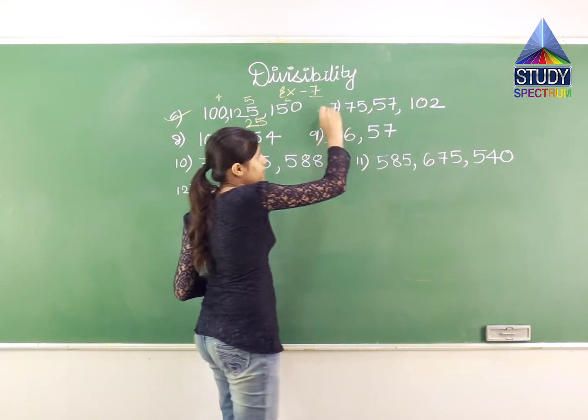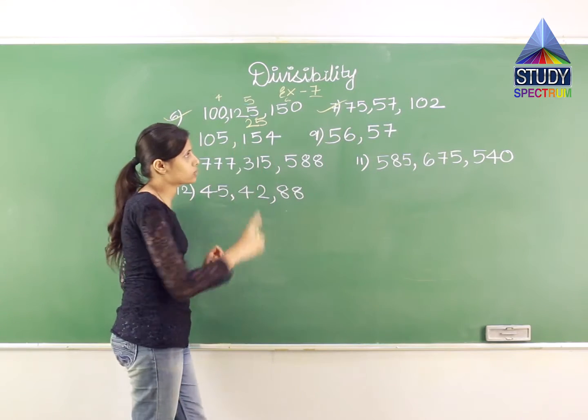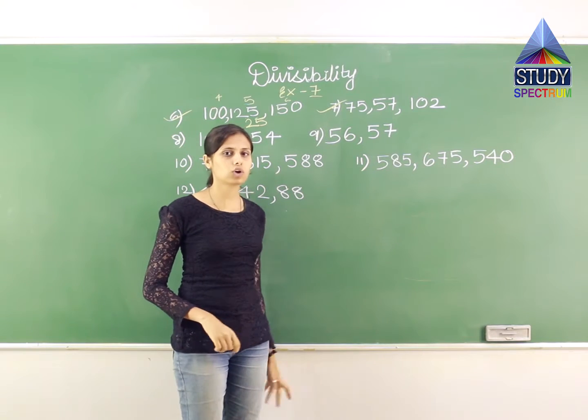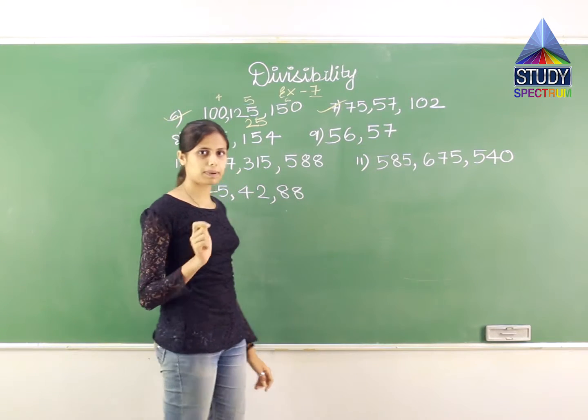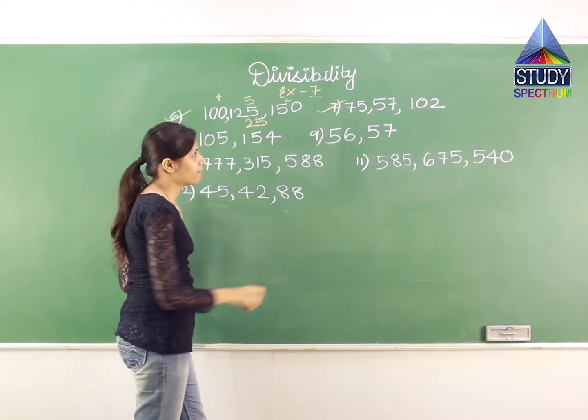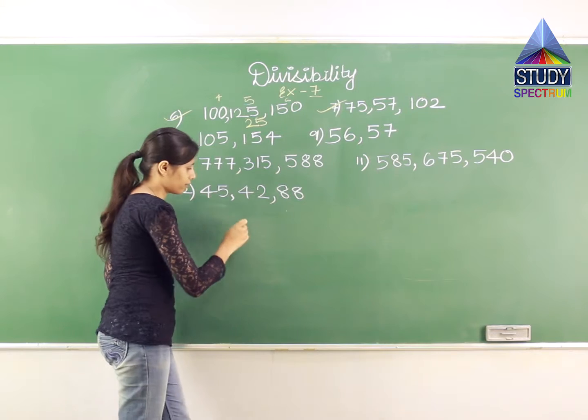Now we will start with the 7th question. Like the previous question, we will find all the factors of these 3 numbers. Then we will find all the common factors, and then we will multiply the common factors to get the GCD, that is the greatest common divisor. So for 75,